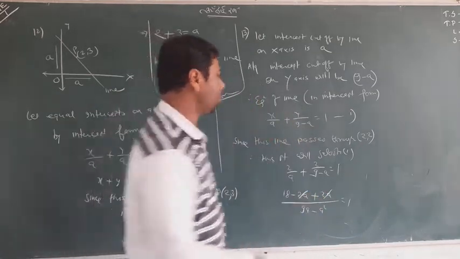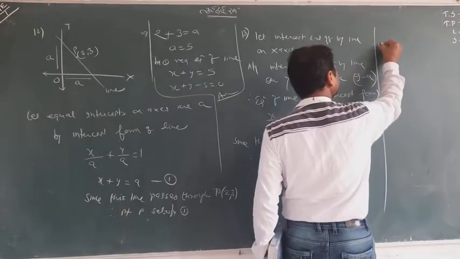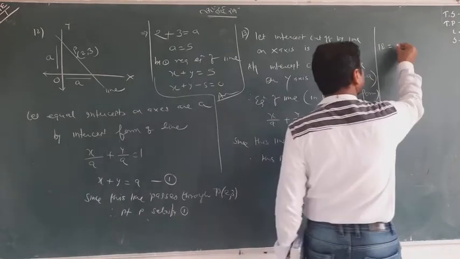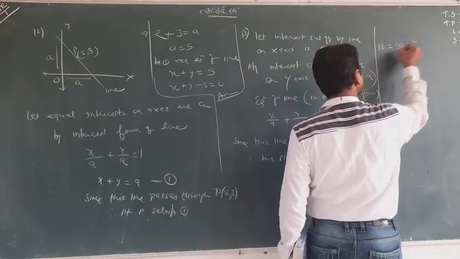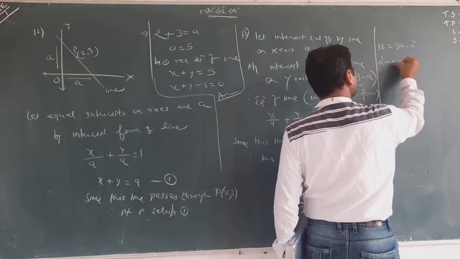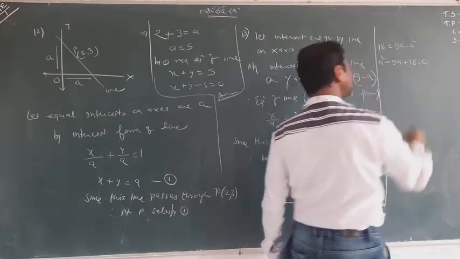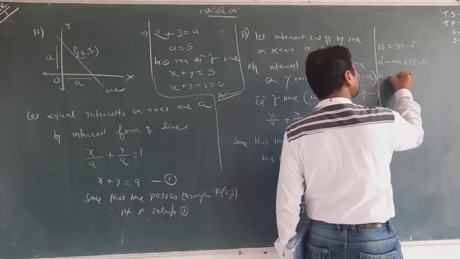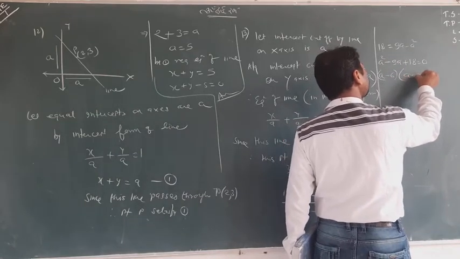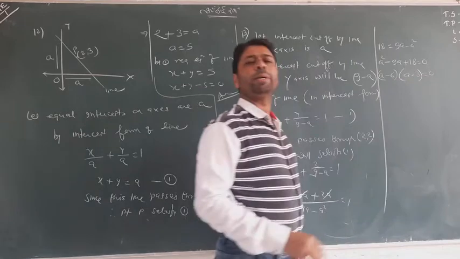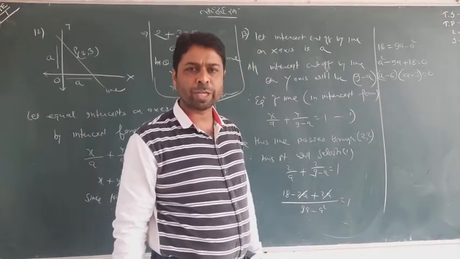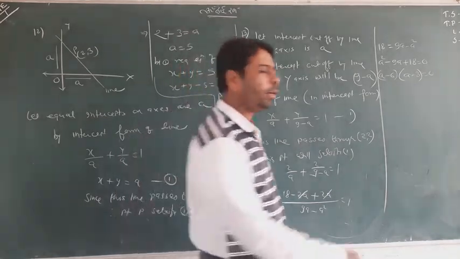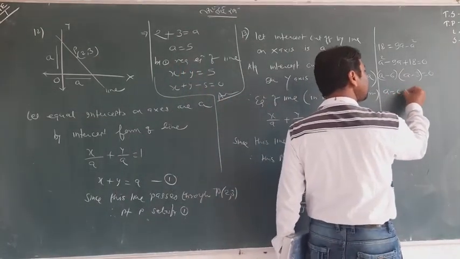The 2A and minus 2A will cancel. 18 is equal to, I will do the cross multiplication, 9A minus A square. So A square minus 9A plus 18 is equal to 0. Now I factorize it. It's your job only; you are very expert in this field. You can use the middle term splitting method. I directly factorize the terms: A minus 6 and A minus 3 will be there. So I have two answers, A equal to 6 and A equal to 3.